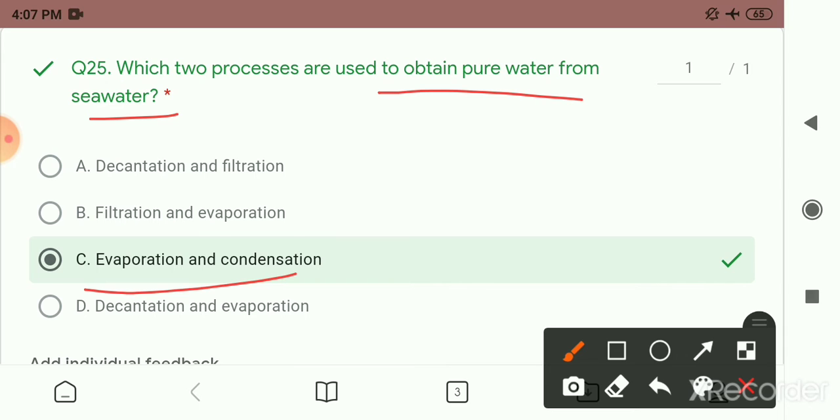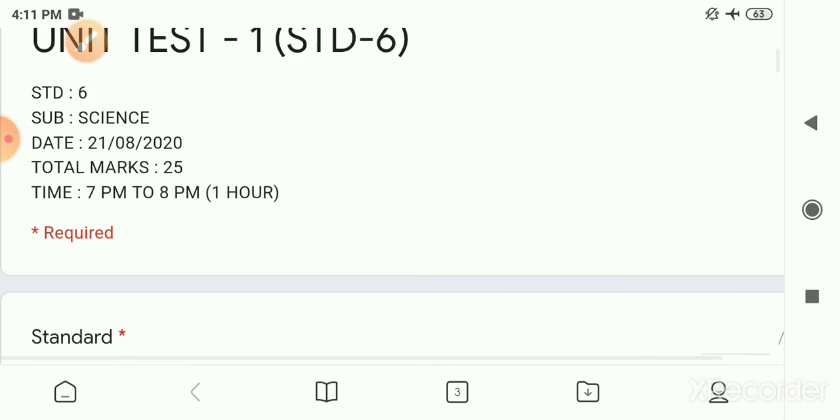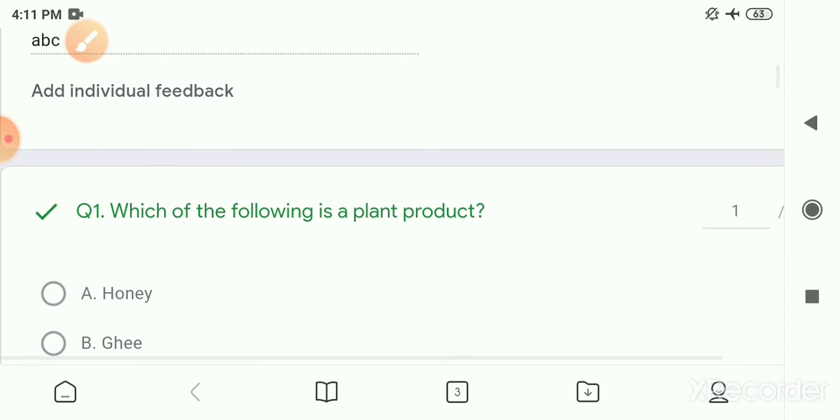So here our solution for this unit test 2 gets over. Now we will see the solution for the unit test 1. So now let me start the solution for unit test 1. The first question,